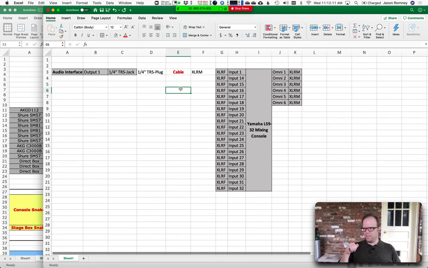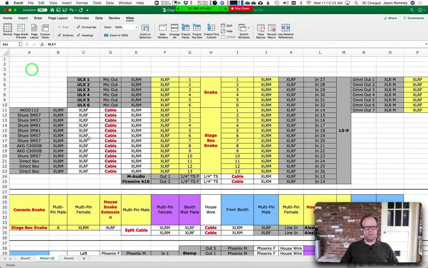Okay? So you want to make those ones bold and red, so that when you finish this whole thing, you count up all the things that are red and you know those are cables that you have to bring with you. So if I skip ahead here to my finished one, I can see all these things that are in red